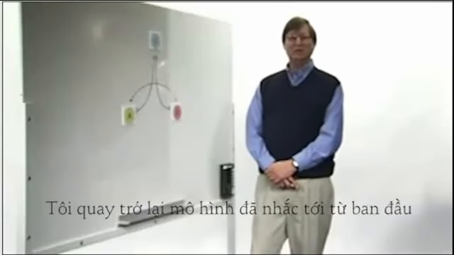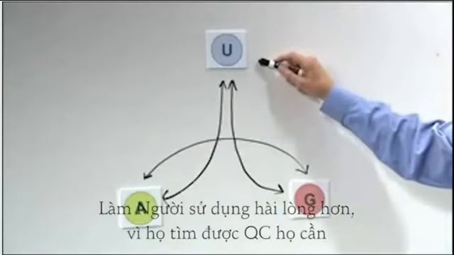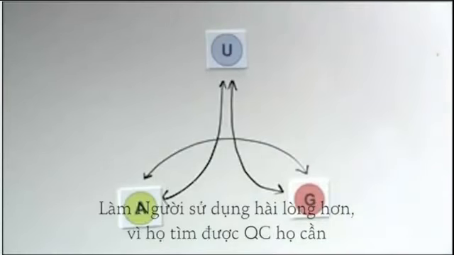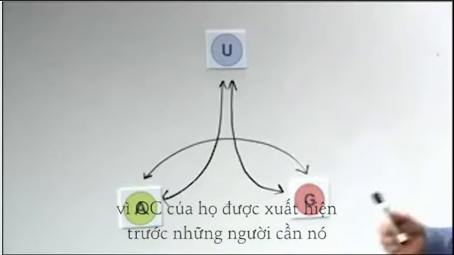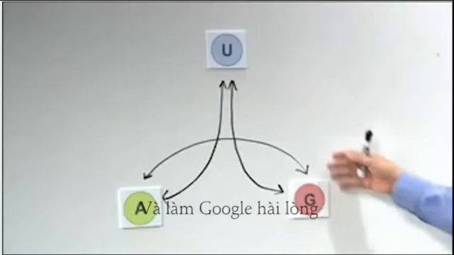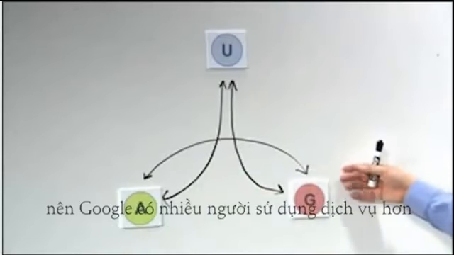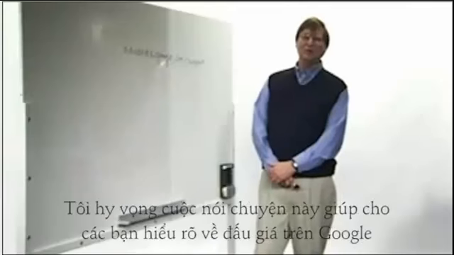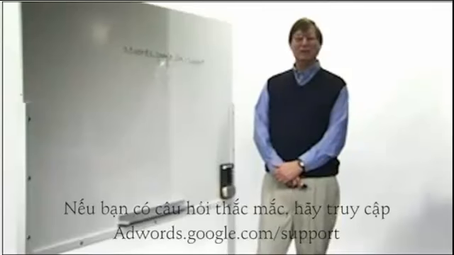The third component of quality score is landing page quality. An ad is only useful to a user if the landing page that it leads to helps them find the information they're looking for. A high-quality landing page should have relevant, original content, be easily navigable with quick load times, a minimum of pop-ups or pop-unders, and be transparent about the nature of your business, how your site interacts with a visitor's computer,